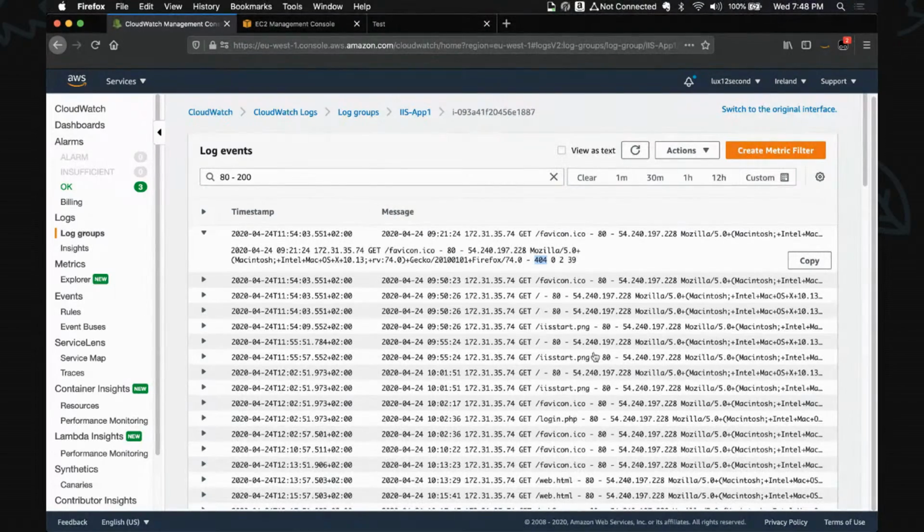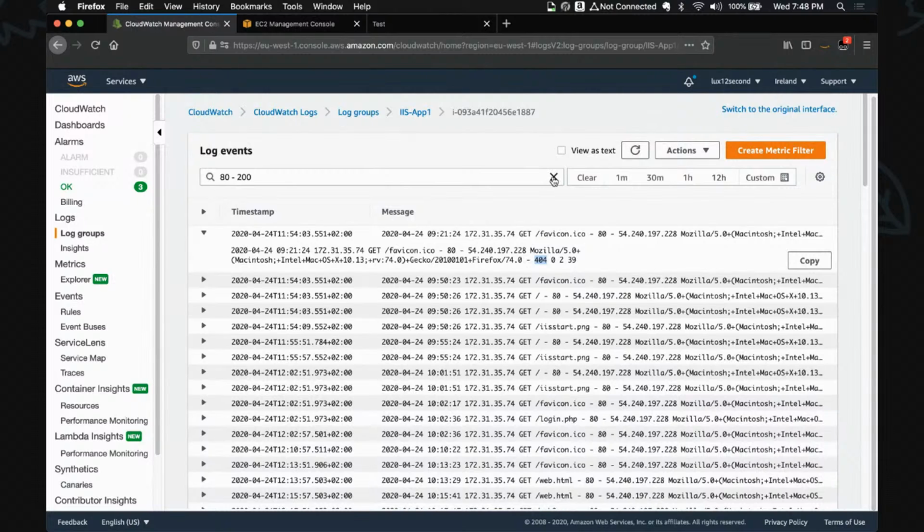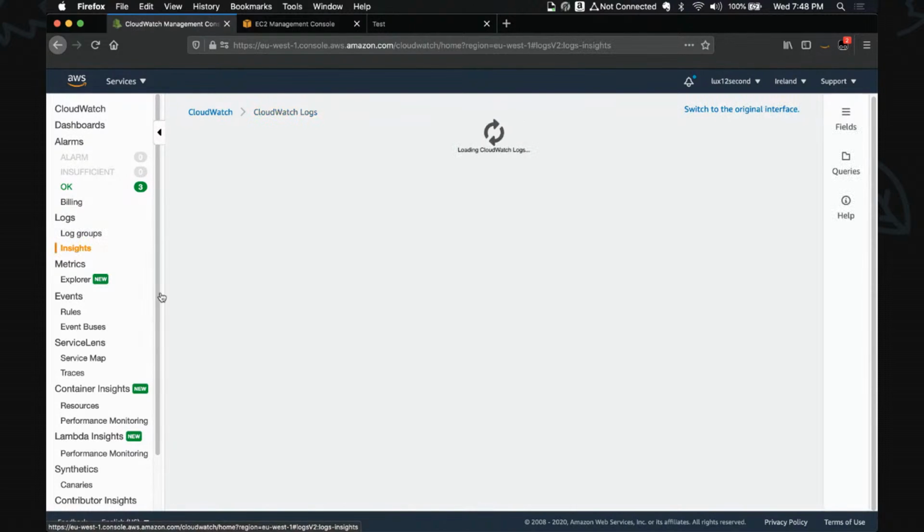So that is already nice and useful for me, but the functionality of this filtering is limited, right? So I have lots of logs, but if I want to do more logic, it won't work for me. For example, look at this. Someone is trying to reach login.php, which is non-existent in this system, because this is an IIS server, right? I'm running just a simple ASP.NET website, and this doesn't exist here. So what if I need more insights on the log? As the name implies, I can use Log Insights.